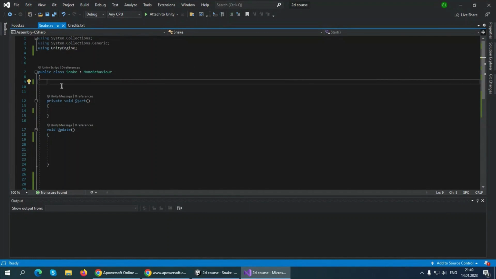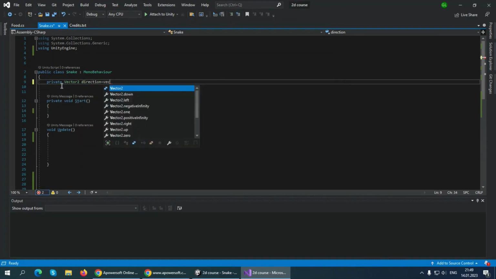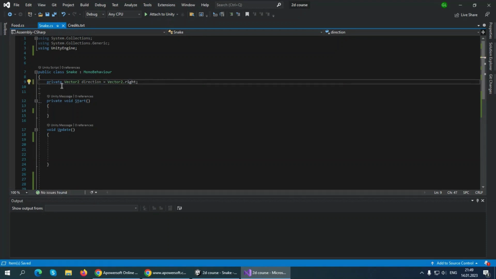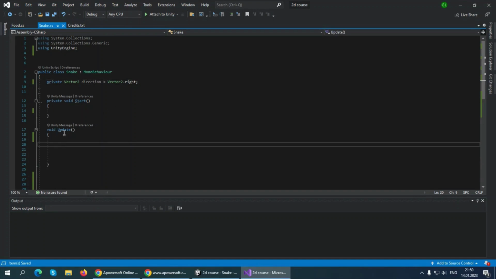First, we need to declare some variable. Actually, we need only one variable for now, and it will be private Vector2, and let's call it direction, and let's make it equal to Vector2.right. So our snake will have a direction to the right by default. And now in the Update, and this Update runs every single frame,